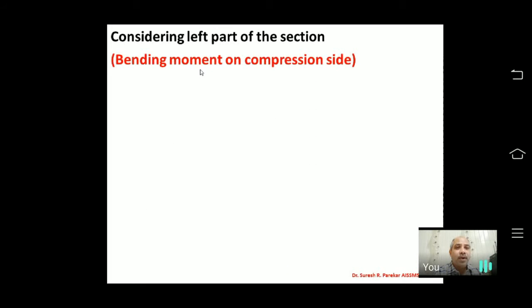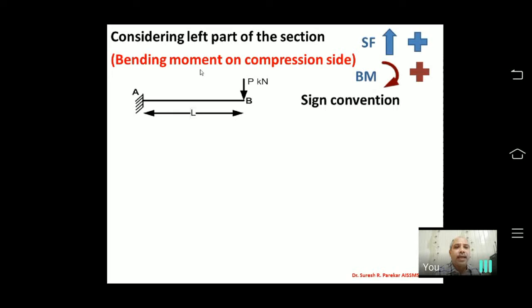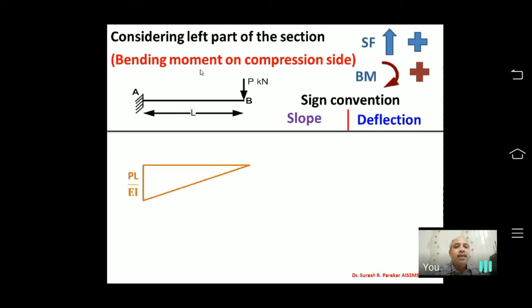Now again, an important sign convention we always have to keep in mind: whenever we go for the bending moment diagram, we have to plot the bending moment diagram on the compression side, and for this we have these arrows, with the arrows towards the tension side. So bending moment is on the compression side, and automatically on the opposite side we have to show the arrows. If shear force is positive, we are always considering the left portion. If we consider the right, the sign conventions are exactly reversed. So we are always considering the left portion.